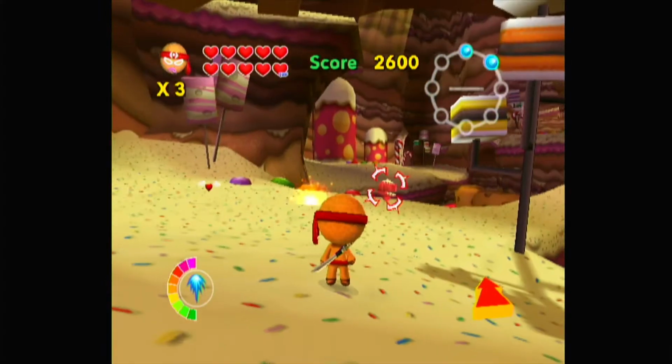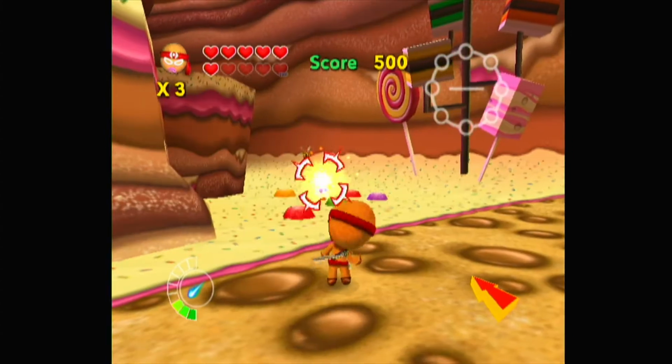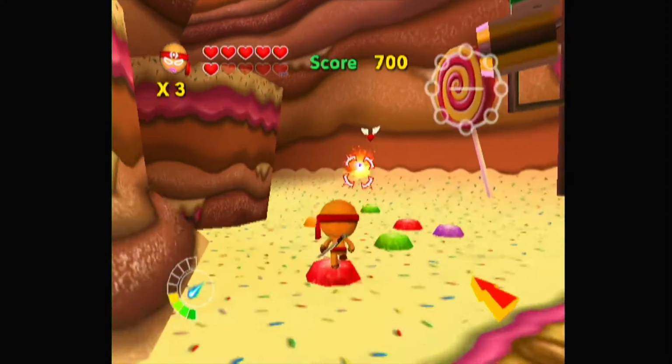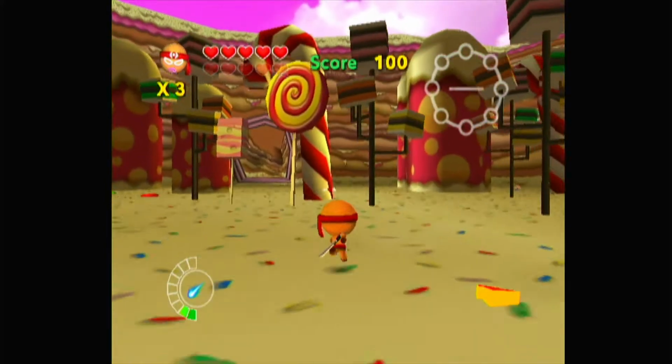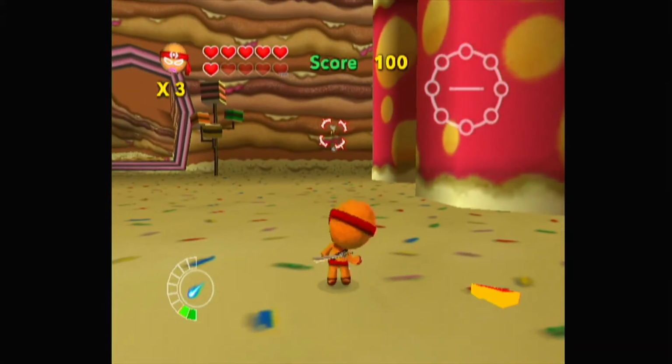The cupcake and the jello monsters just rush you down while the cake slice shoots projectiles. The bee is the only annoying enemy because it's small and flies around, and trying to hit it with the ninja stars just doesn't work sometimes. Killing an enemy has them drop a heart, which you can use to pick up and add to your health bar. If you get enough, you'll get an extra life.